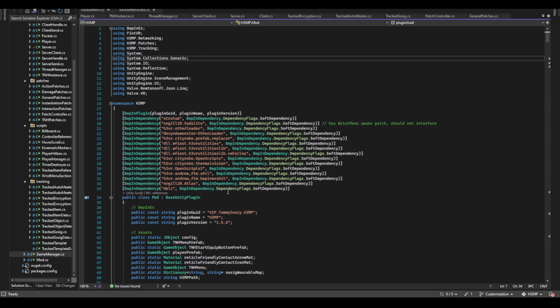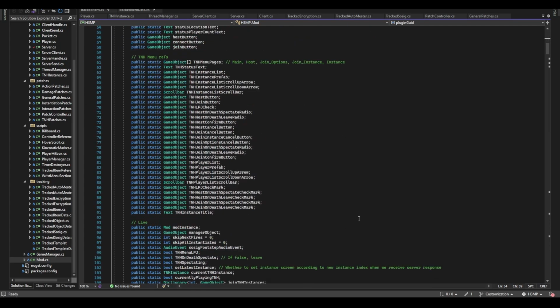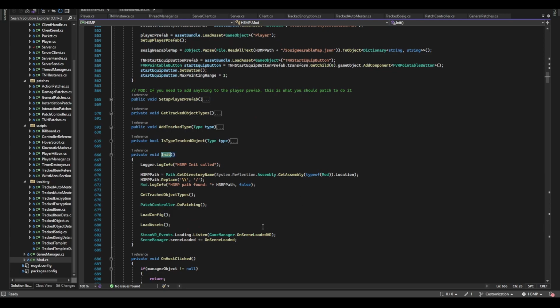So starting with the general structure of the mod, I might be going line by line for a little bit just to show how H3MP is initialized. So the class mod is the entry point to the mod. It is the BepInEx plugin. Everything starts in the start method, where I go and initialize everything. In the init here,